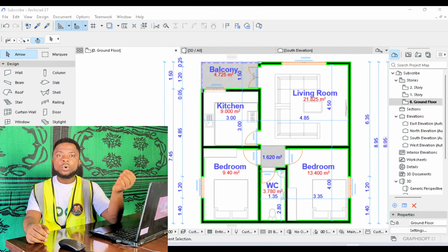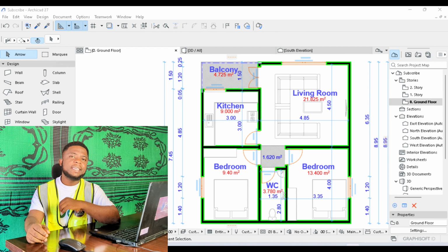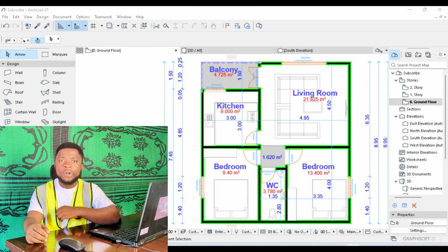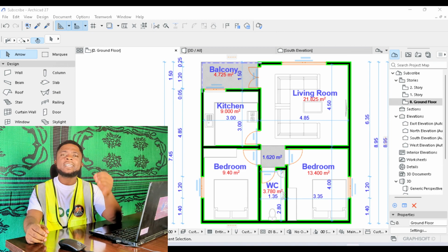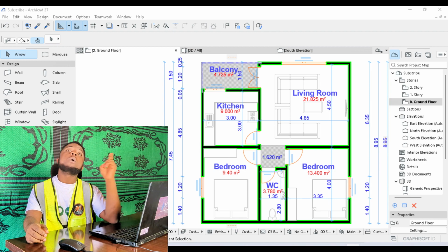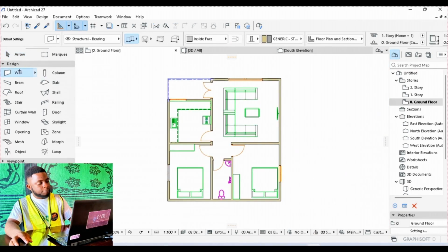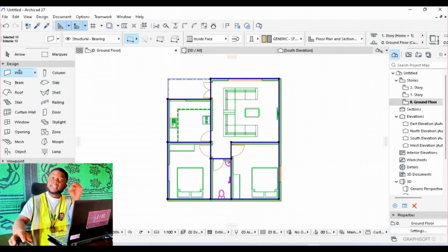In today's video, we are going to be dimensioning an ArchiCAD plan from scratch. So if you're a beginner, this is exactly what you need. We are going to start by carrying out the exterior dimensioning, then interior dimensioning, and without waste of time, let's dive in. So click on walls, press Ctrl A on your keyboard to select all the walls, navigate to